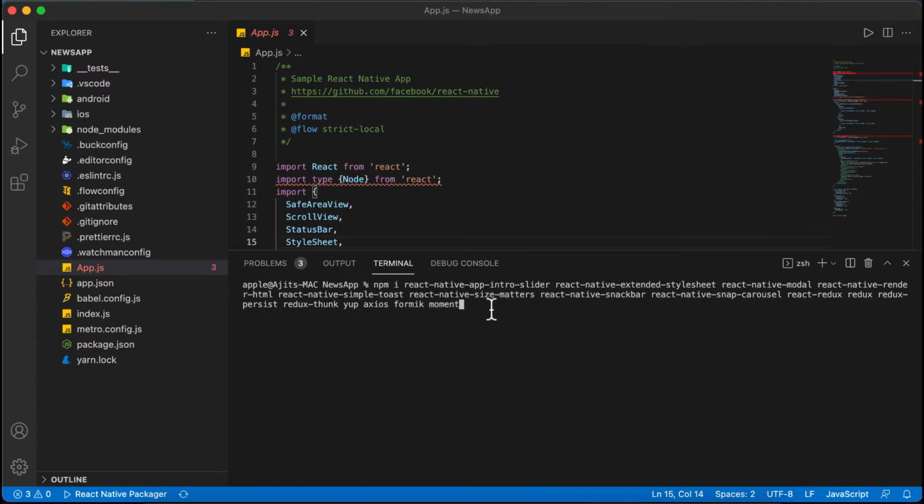So now I am hitting enter. All the packages we need will be installed. After this, three or four packages need some extra setup, okay, we will do that.